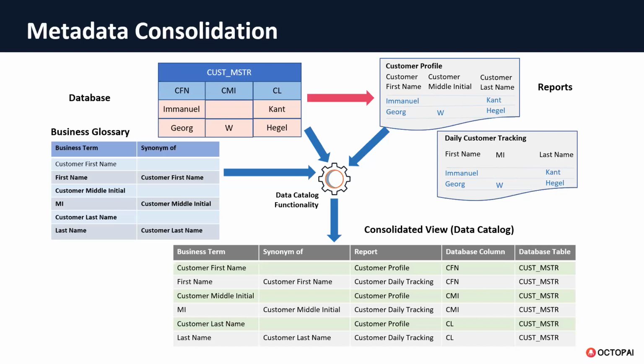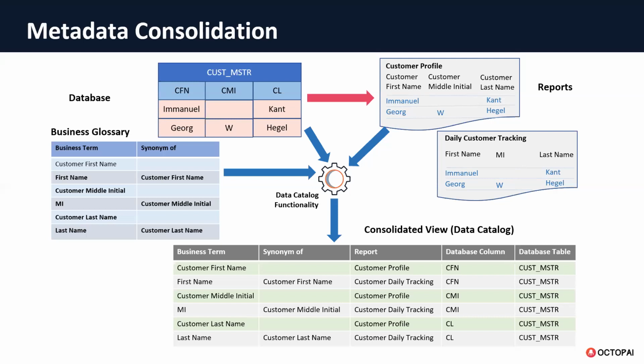Now, what this is solving here, which is very important to note and may often be overlooked, is this traditional tremendous chasm in metadata management, which was to say, okay, I have my business terms and I've got a sea of those, and I have my database columns and I've got another ocean of those. And how do I relate the two? Am I going to have to have people do this manually? And that's not going to be easy to do at all, unless you want to spend vast amounts of money. And by the time you've got through it, everything will have changed. You'll have to do it all over again.